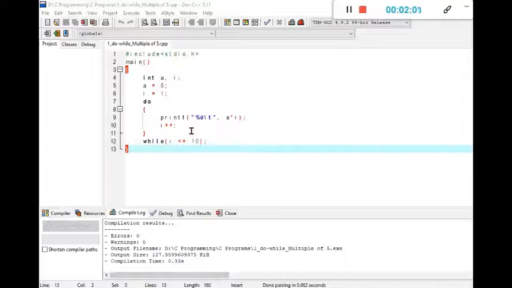printf with %d. That means it is an integer variable, so the formatting specifier is %d. Then \t is used to give a tab. That is, after the first display there will be a tab before the second display. So after a tab, all the numbers will be displayed. If we do not use this tab, then there will be no space between the numbers, so it will be haphazard and difficult to understand. So we use a tab in between two displays.